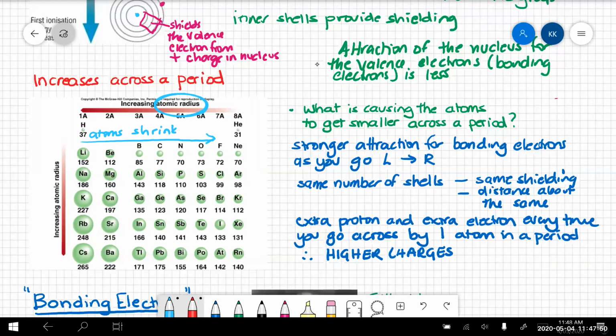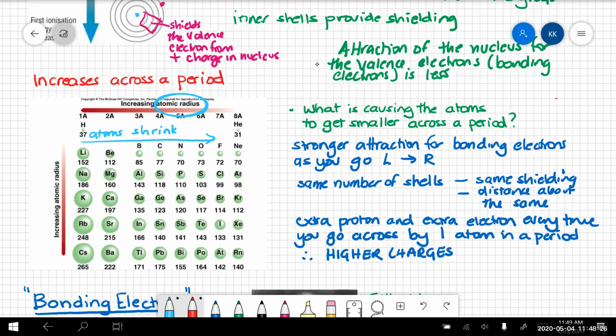And that actually enhances the attraction of the nucleus for the valence electrons, or the bonding electrons, because not only are we looking at higher charges, but the atom itself is getting a little bit smaller, which means that the valence electrons are just that little bit closer to the nucleus. So overall, that causes an increased force of attraction, and that's why your electronegativity is greater. All right, so that's what we need to know about electronegativity for our